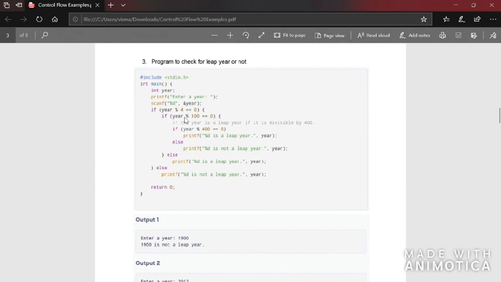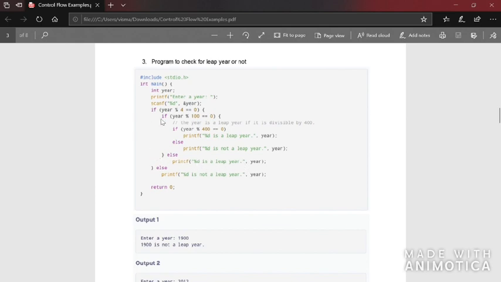If this condition is false, then directly, that is, here is the opening bracket, I'm saying this for your understanding. The closing brace of this particular if is here. So the else which comes right after that will be the pair of this if. If this condition is false, it will directly come here and print that particular year as a leap year.